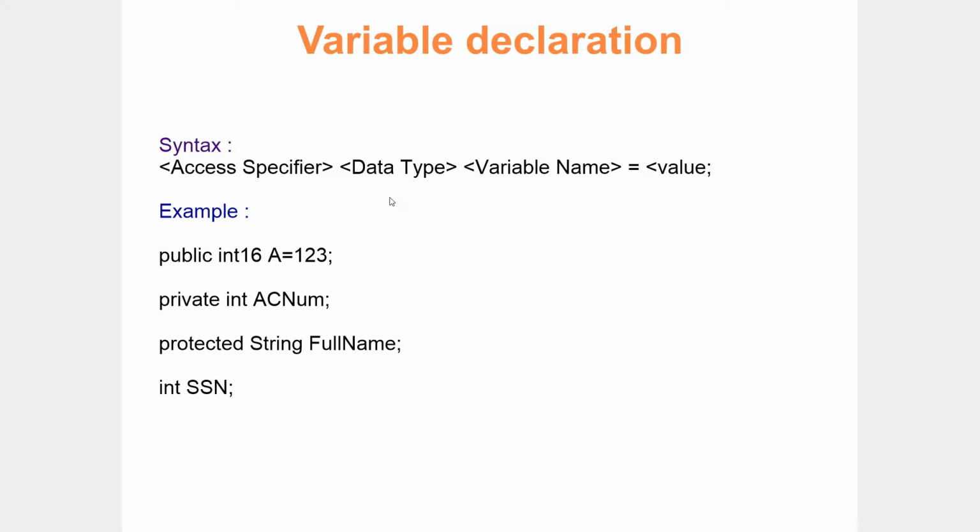Actually, your integer should be defined as either int 16 or int 32 or int 64, but still you can define it as int. If you define it as int, immediately it will be pointed to the int 32 data type. So your int is nothing but int 32. This is a very important question: what is the equivalent data type of int? It is int 32. Once you define anything as int, internally it will be pointed to int 32. So int is nothing but int 32.